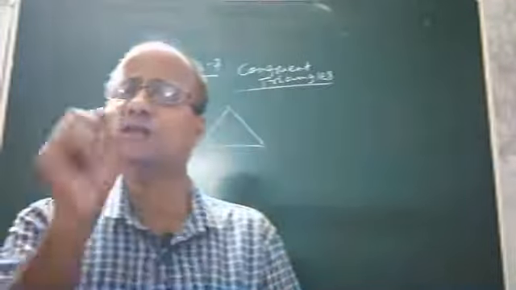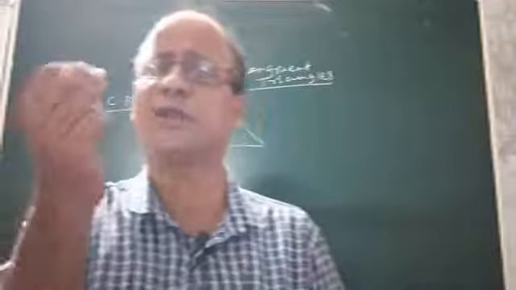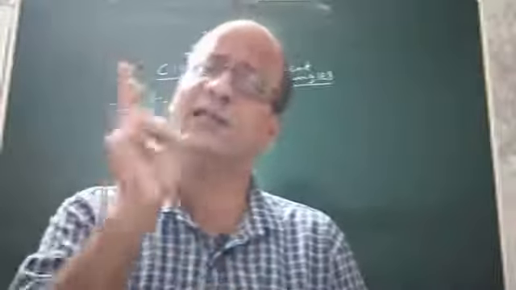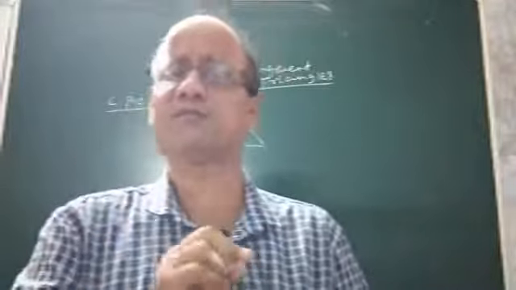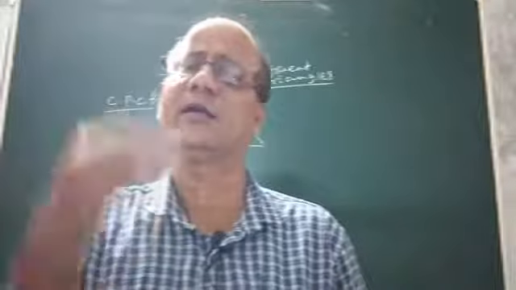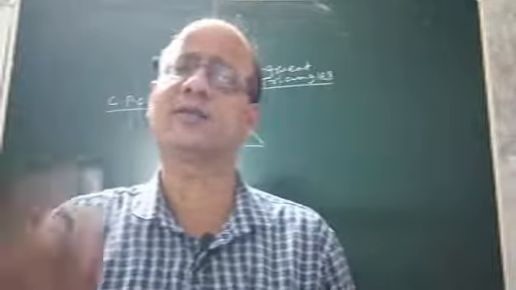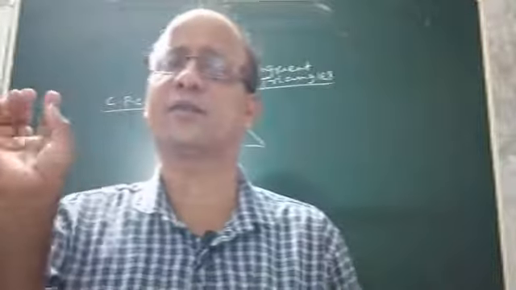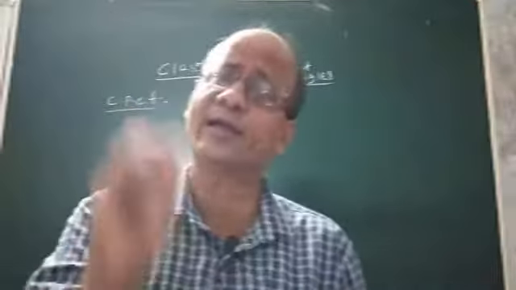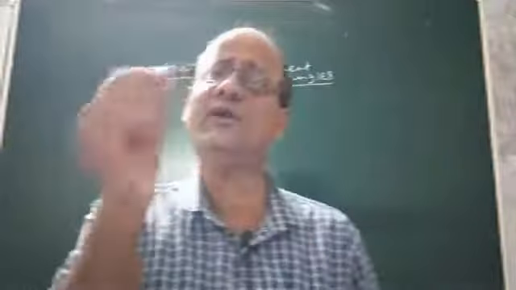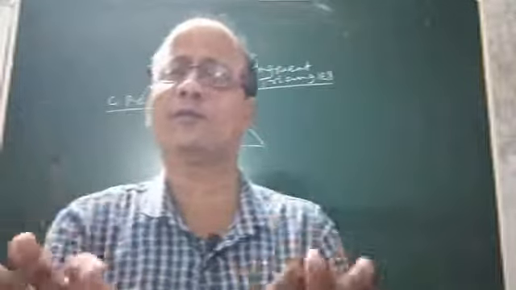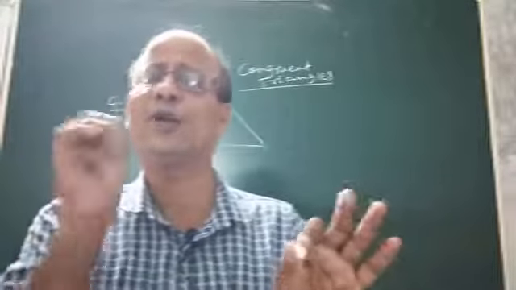Now children, the last part of this chapter. I would like to ask one question to all of you. Suppose you are given two triangles and they are congruent by some of the conditions or criteria, say by the SAS condition or SSS condition or RHS condition or ASA congruence condition. Now the point is, what will happen to those two triangles if they are congruent by any one of the criteria? This is a completely new thing. I have not discussed it and you also do not know. So what happens? Let us discuss.